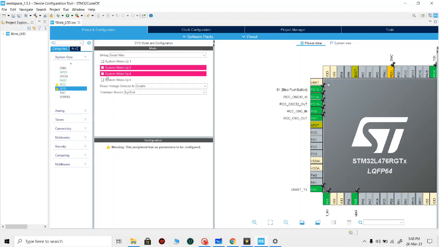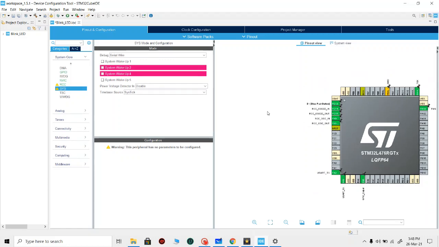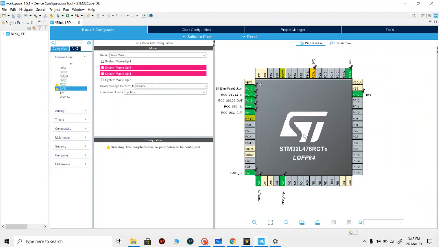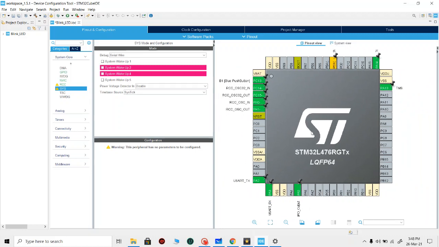Then in the system we don't need to enable these things now. In the first project we are targeting to blink an LED. We will discuss in later videos, part 2, how we can configure a particular GPIO to output or input, or to a particular timer.